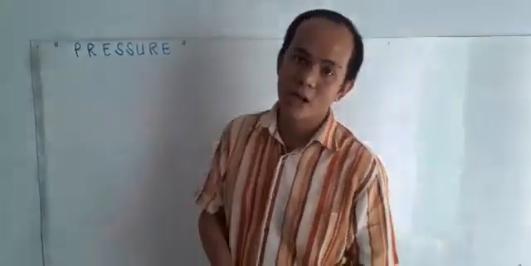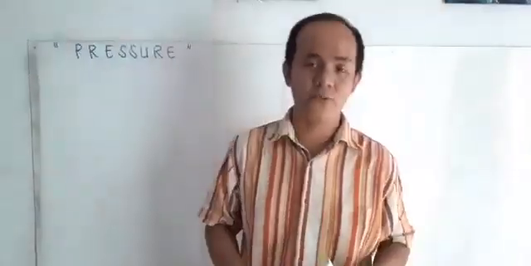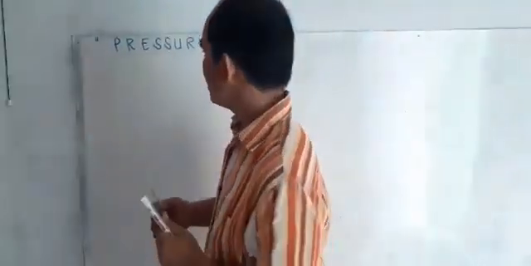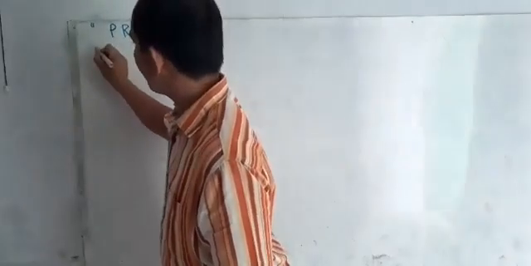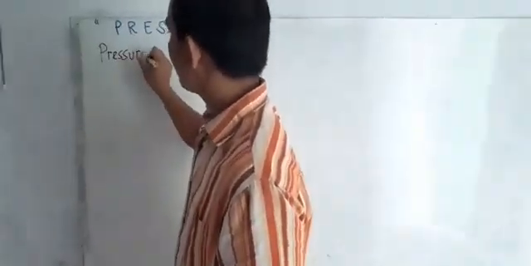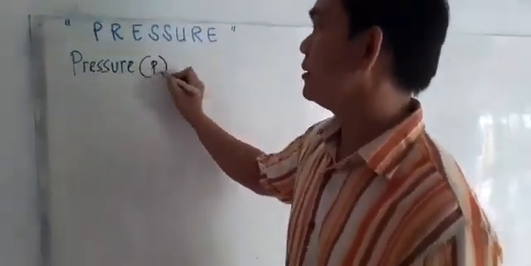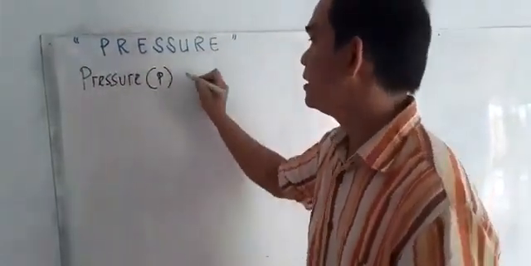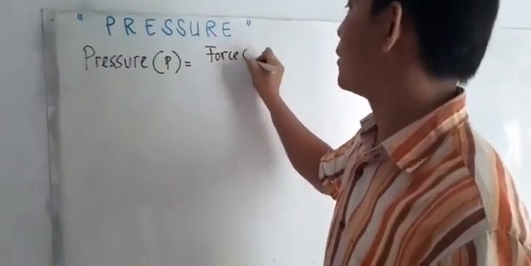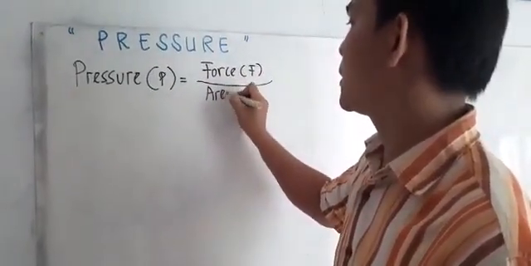We are going to learn about pressure. What is pressure? Pressure is the force divided by the base area of an object. So I write here that pressure, or P (the first letter of pressure is P), is equal to force, or F, divided by area, or